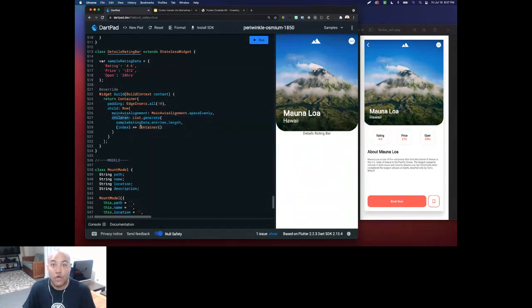So the children of the row, you can either hard code them inside of an array, but I'm using this very convenient method out of a list in Dart. You say list.generate. You just give it the length of things, like let's say you give it a count, and then you give it a callback method, and then the callback method will be executed for as many items as you have. And then it conveniently passes the index of that collection so that you can retrieve it inside, right? And then all I'm doing is just returning an empty container, which will